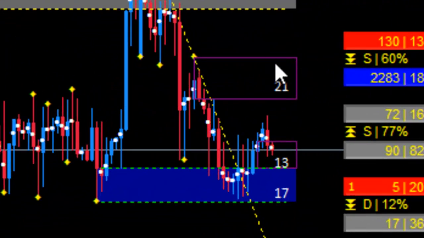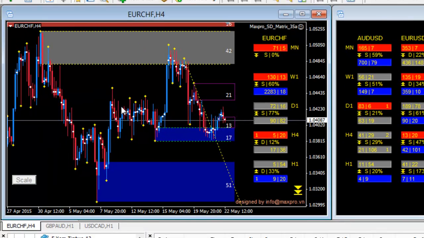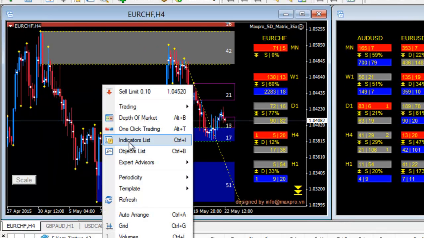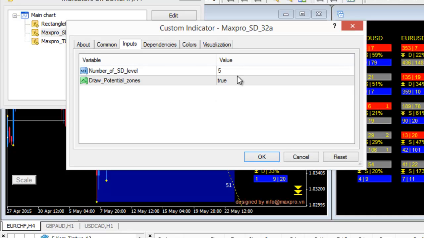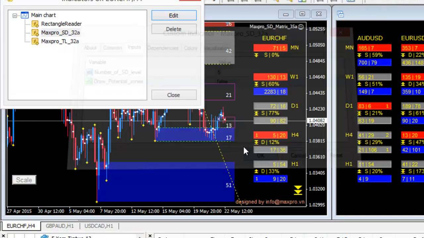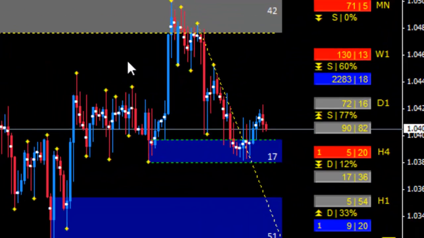This is the potential zone also, you can see. But if you don't want to see the potential zone, just select the edit and fail, so it will remove. The third indicator